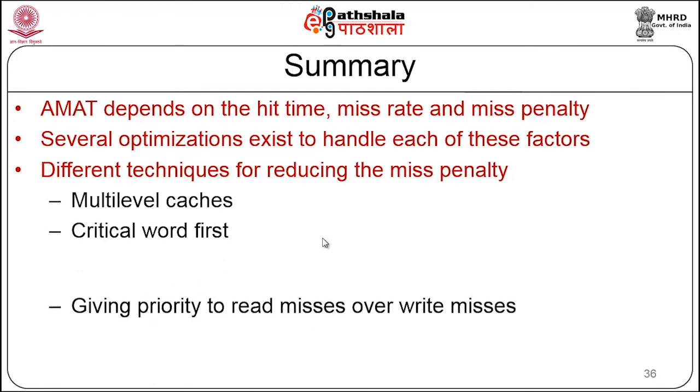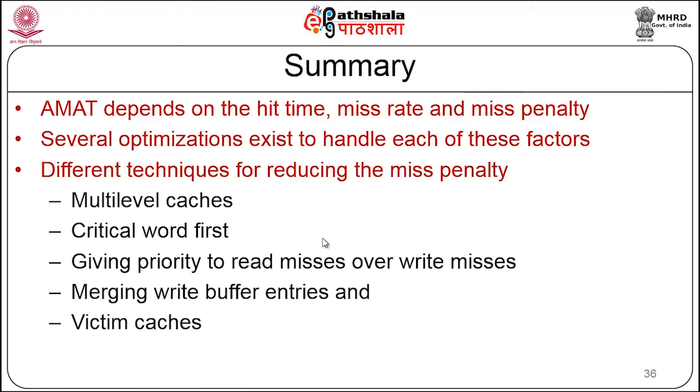We looked at these techniques, where we looked at multiple levels of caches. You do not just look at one level of cache, but at multiple levels of caches with increasing size, reducing speed and reducing cost as you move from the processor to the outer level of cache. Whatever is not available in the first level of cache, the second level of cache is big enough to accommodate more data. So, you do not have to go to the main memory to fetch the data that misses in the first level cache. Hopefully, you will find it in the second level of cache itself.